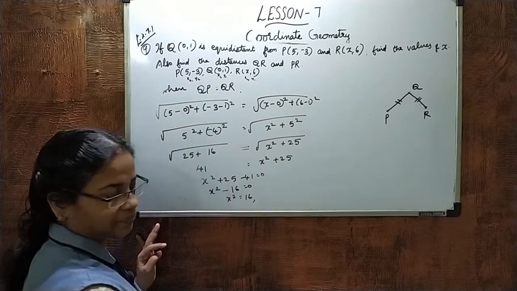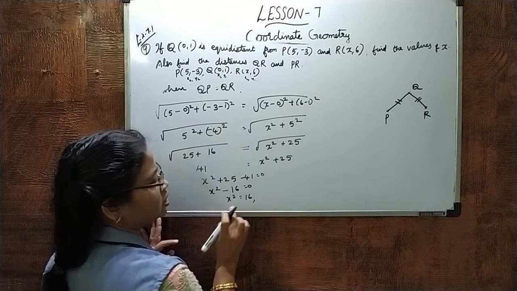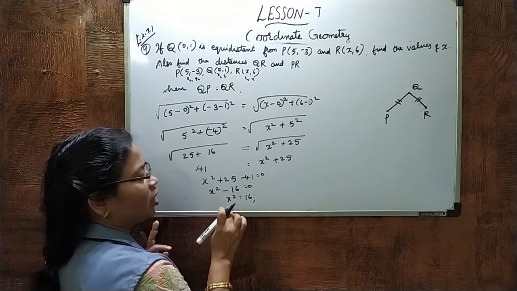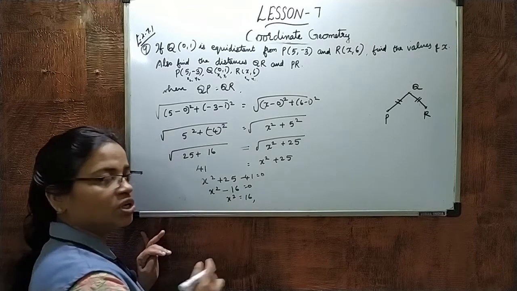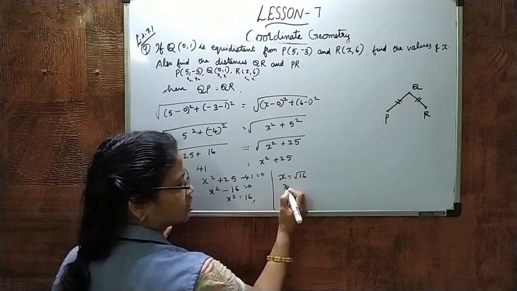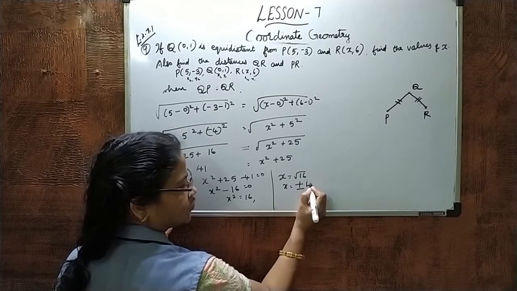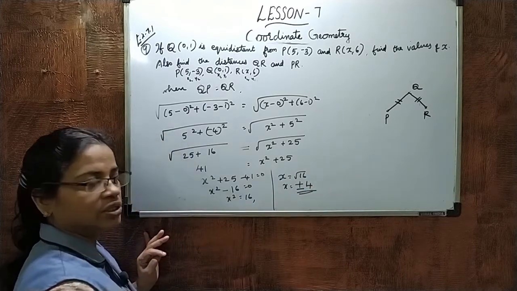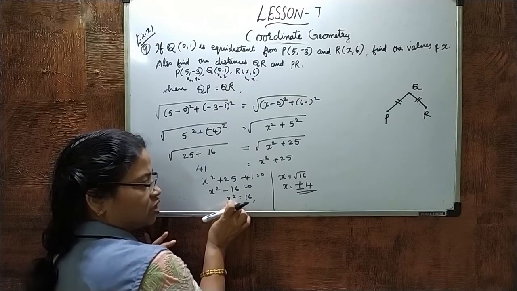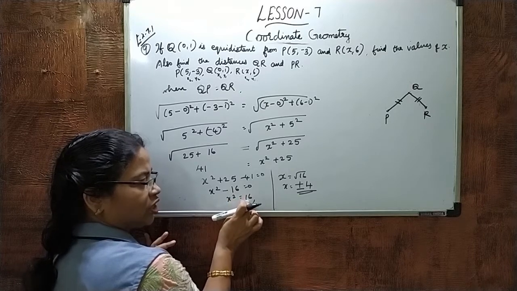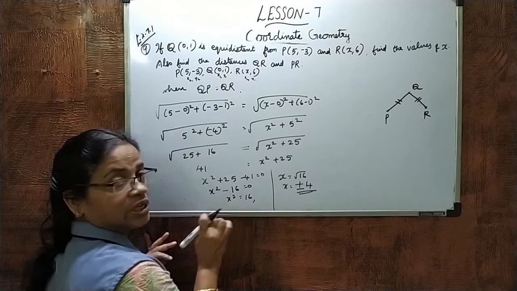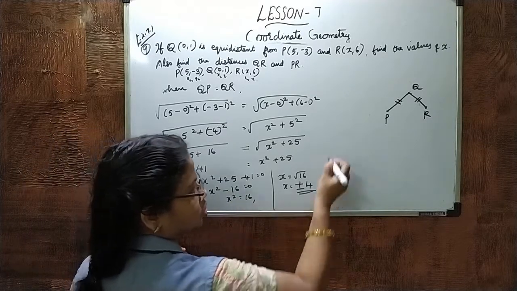What about x then? Which are the numbers when you square you will get 16? Only 4 is there. If you put -4 also, what will happen? -4 square also you will get the answer 16. So what you can write then? x is equal to root 16, and x is equal to plus or minus 4. Clear? So you have to look like this: x square is 16. Positive should be there, negative should be there, then you get 16. So positive 4 square you will get 16. Negative 4 square also you will get 16. So x is equal to plus or minus 4 you got.